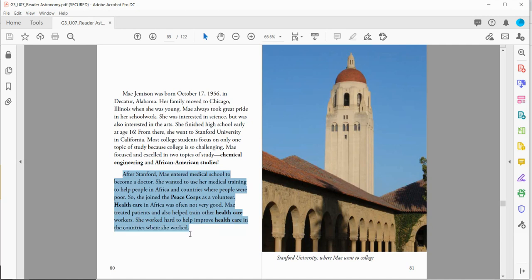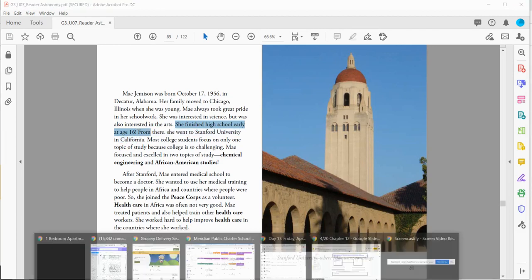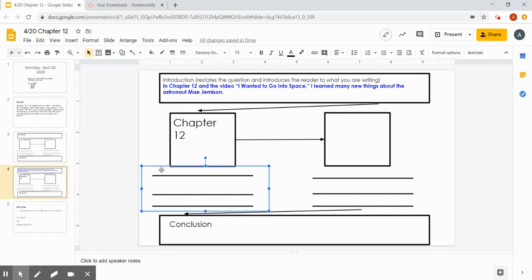So I'm going to pause here and think, what is something important that I learned about Mae Jemison that I can add to my flea map? Well, I think the first thing that really stood out was that she finished high school at the age of 17. So going back to my flea map, right here, I'm going to say Mae Jemison